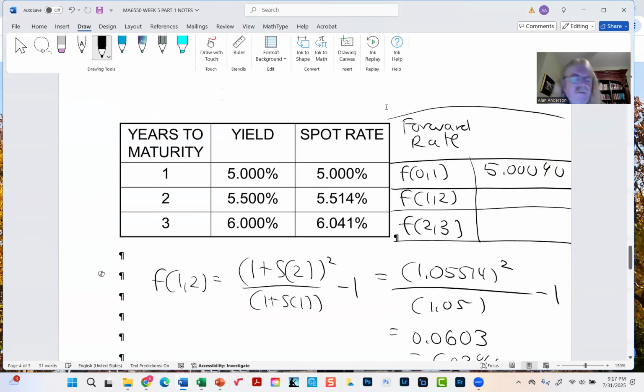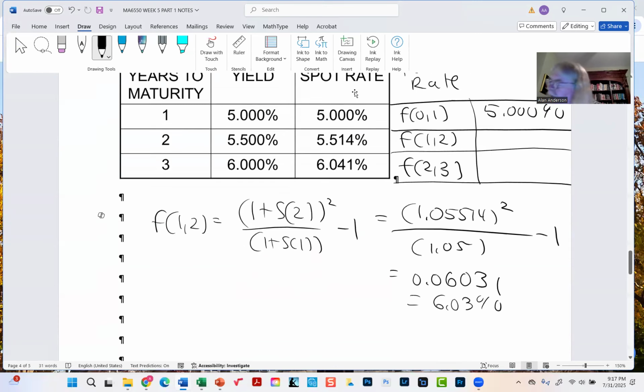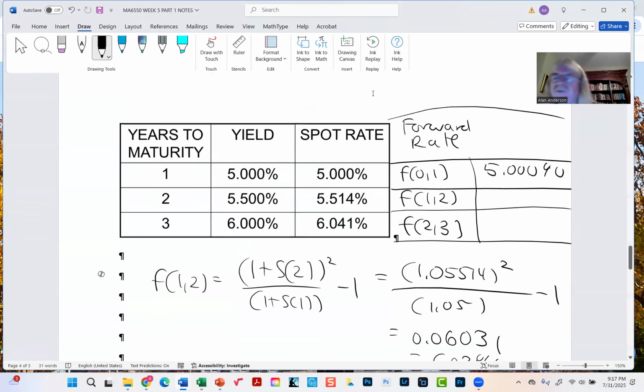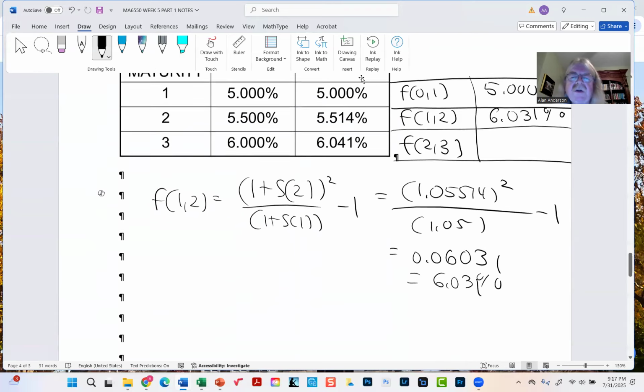Let's leave the extra digit in there, we don't want to over-round it, since we're using three places. Okay, and then for 2, 3,